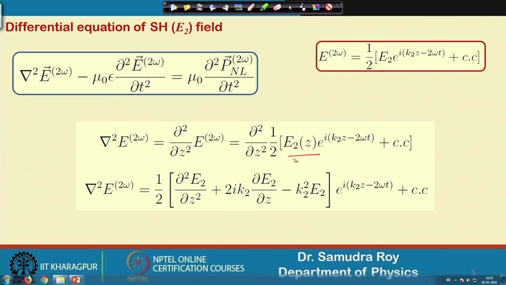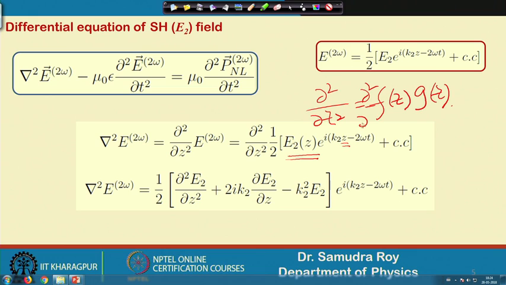two important things, that there are two terms where we have the z dependency. One term is this, the amplitude, and the other term is sitting here. So, it is as if we are doing the calculation for two functions like f(z) and g(z). When we calculate the second order derivative of two functions multiplied to each other, there is a standard rule: we take the derivative of the first function twice, the second function twice, and add 2 multiplied by the derivative of the first function and the derivative of the second function. If I apply this standard rule, we will find something like this.